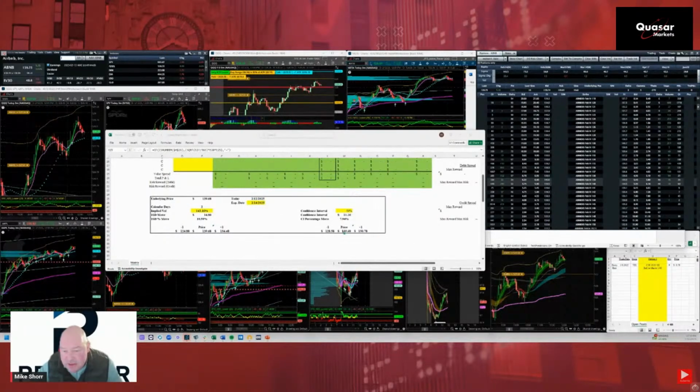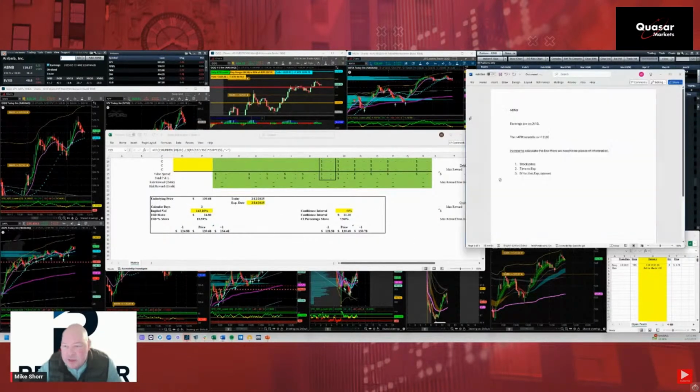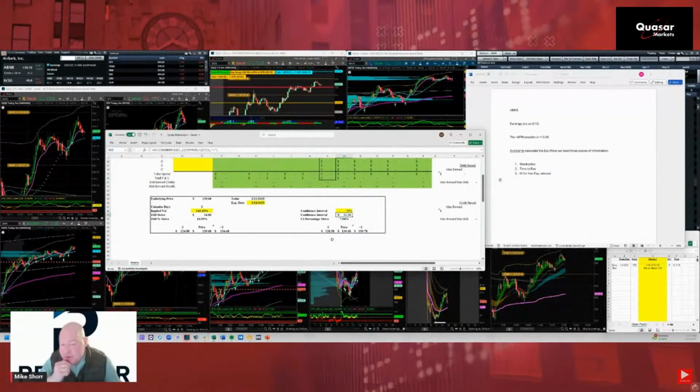So you can see when we did this, it's about $12. It's not quite perfect because we're not quite at the money, but the 50% confidence interval is about 11.10. Full standard deviation move is $14.80. So depending on how aggressive or more conservative you want to be, usually, at least what I'm doing, is I'm looking somewhere in between the 50% confidence interval and a full standard deviation move for earnings. So it gives us a range of what at least the market is pricing in right now.